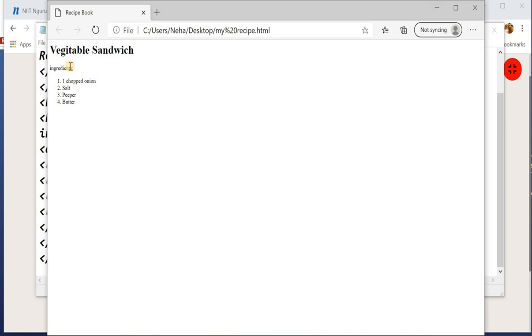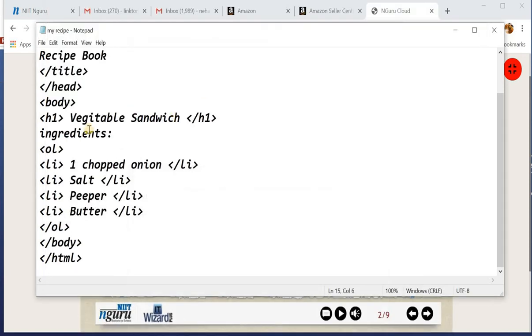And there are also some attributes of OL tag and UL tag. So अगर आप OL tag को like alphabet से start करना चाहते हैं, then what will you do? OL tag में आप यहाँ पे type is equals to A. Right here, A. तो क्या होगा?